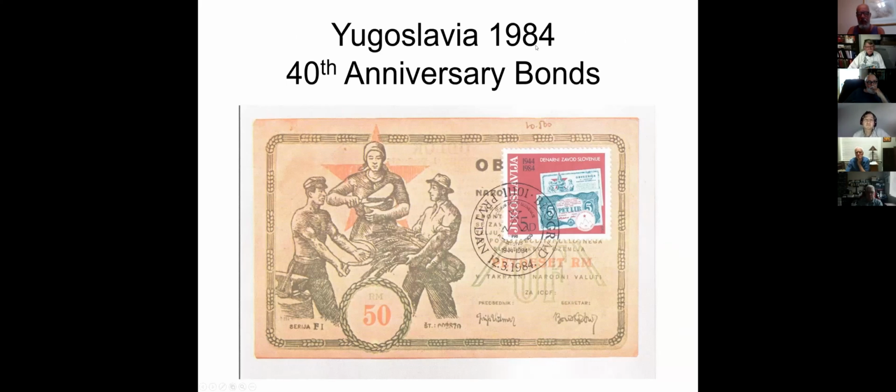Yugoslavia, 1984, 40th anniversary. Now, this was before the Second World War ended. You notice the stamp actually is Slovenia, showing you the bonds. And yet, if you look in the bottom left, Serbia, which is a different part of Yugoslavia, so it kind of doesn't agree, but